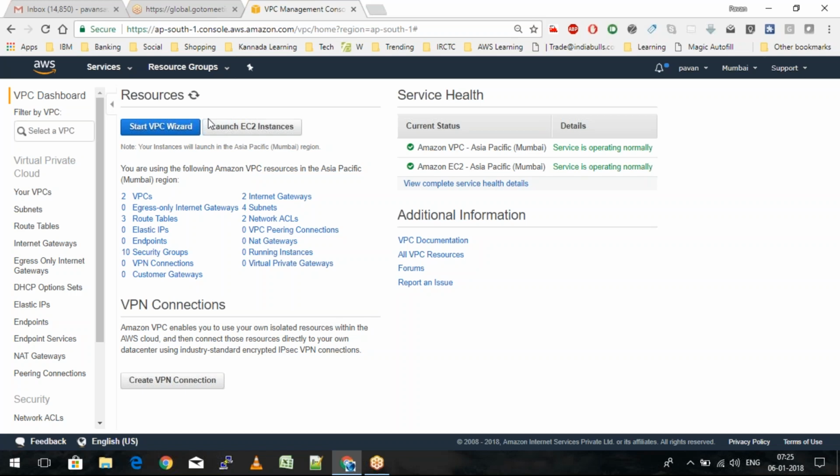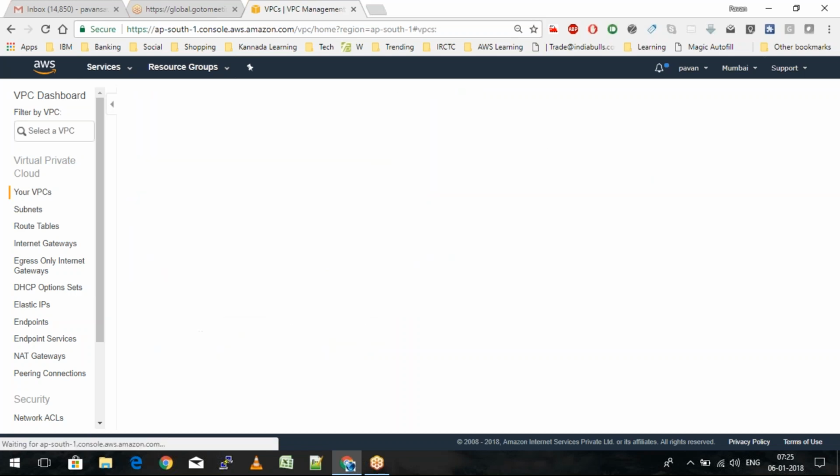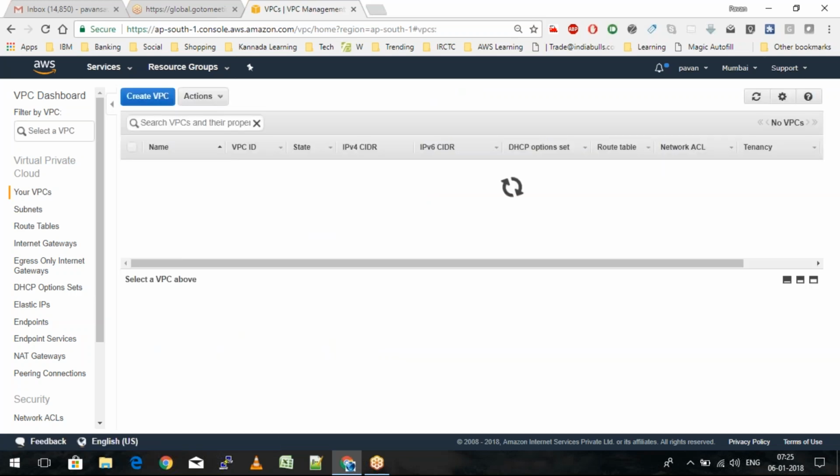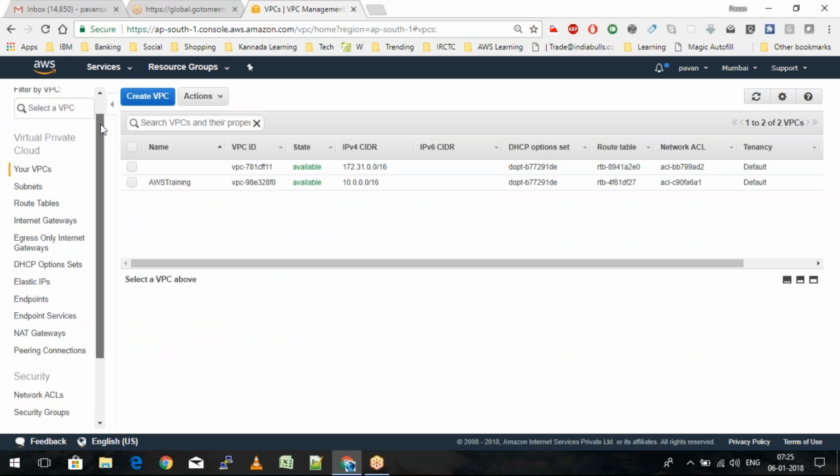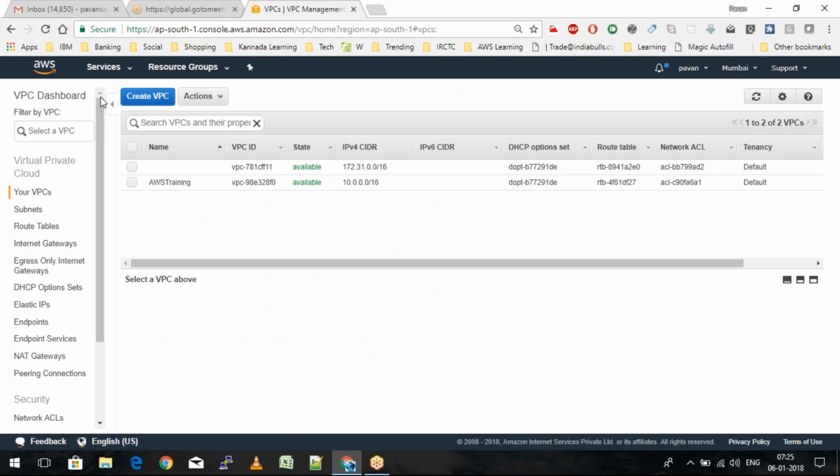There we go. So I have got two VPCs in our Mumbai region. One of them is a default VPC and one of them is a VPC that we have created. So the last part, as I said, for the VPC section is about the flow logs.